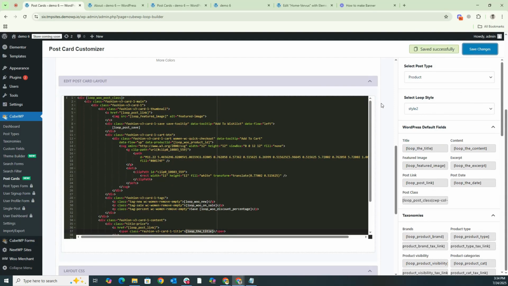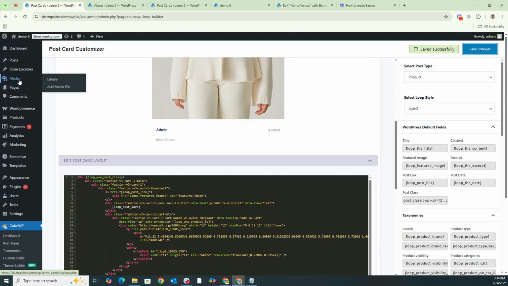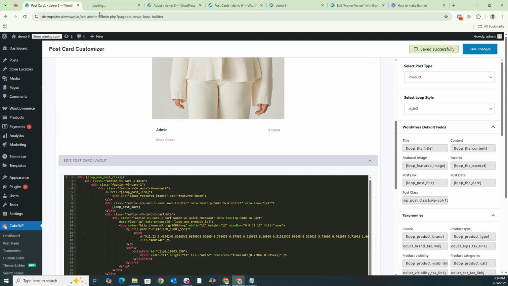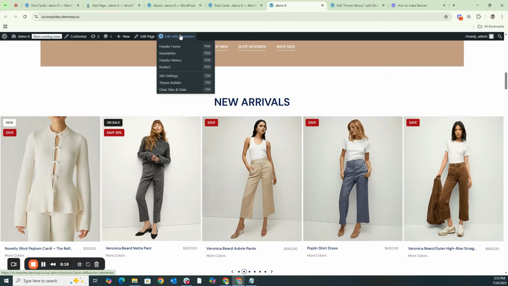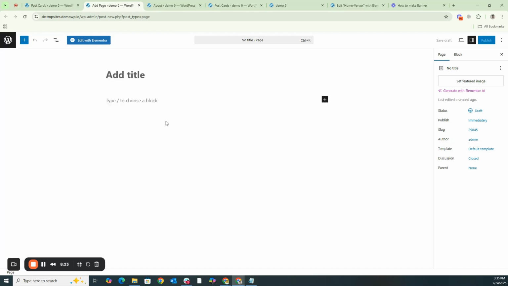After saving the changes, let's suppose we create a page. Just like we apply it on this page, you can use the same method on every page, and in the same way you can display your postcards. If you want to add it to your homepage, you simply need to edit your homepage in the editor. Once you edit it in the editor, you can go there and call your postcards. Now we need to add a new page, and on that new page, we'll place the postcards so that you can develop a proper understanding.